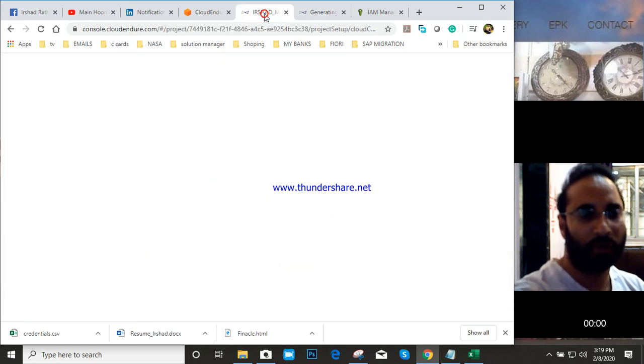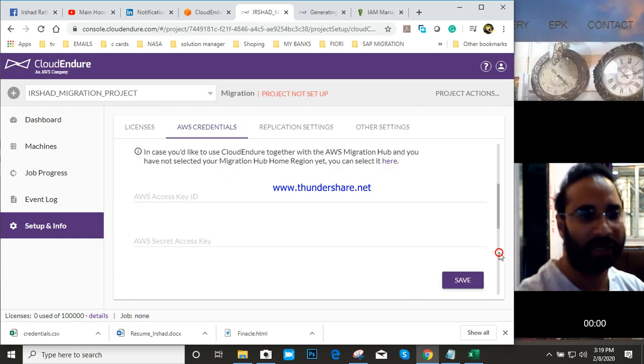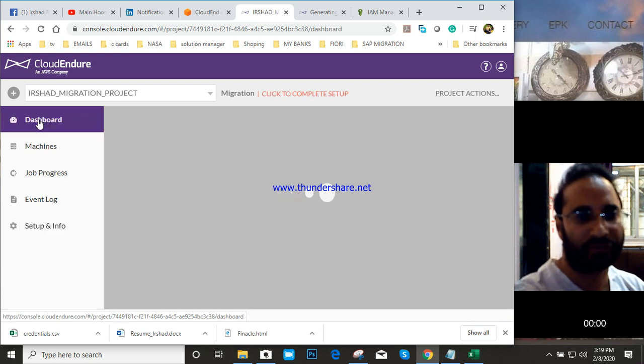So whatever you want to migrate to cloud, you need to first follow all this with the help of identity management and CloudEndure. In CloudEndure, you will be able to create a project, and then after creating the project, you have to just start